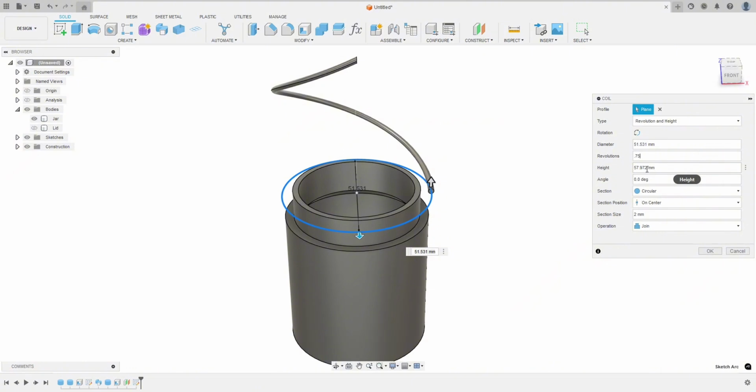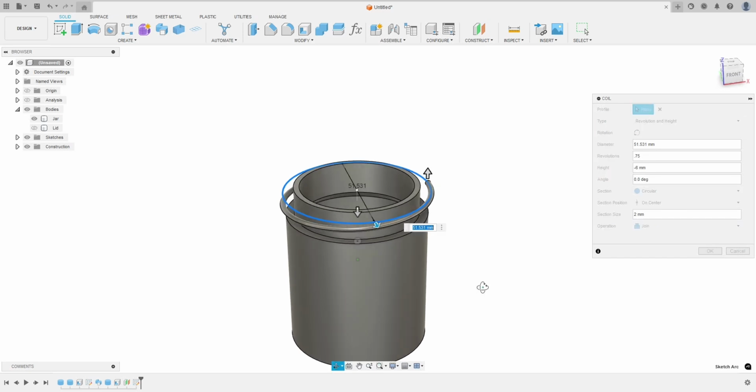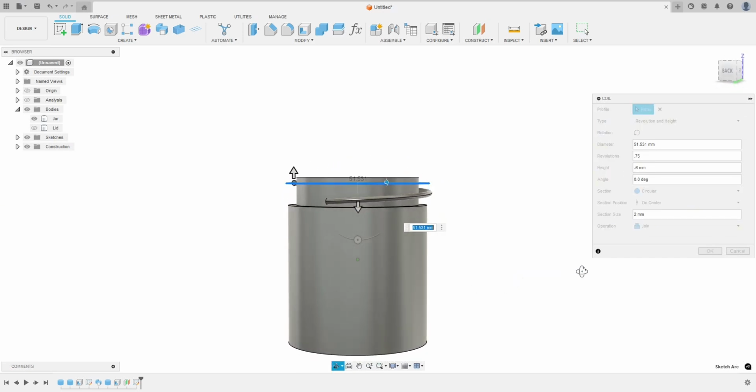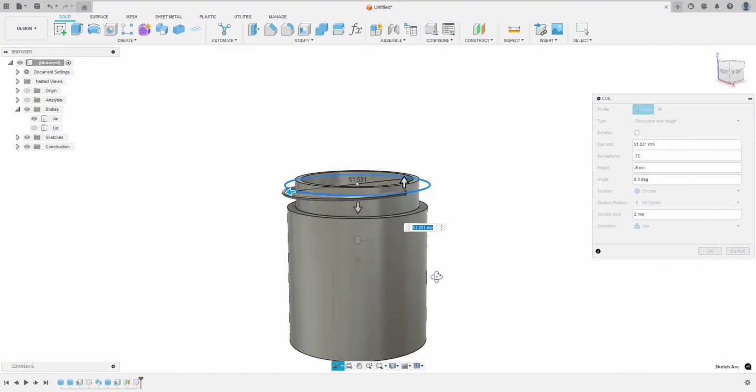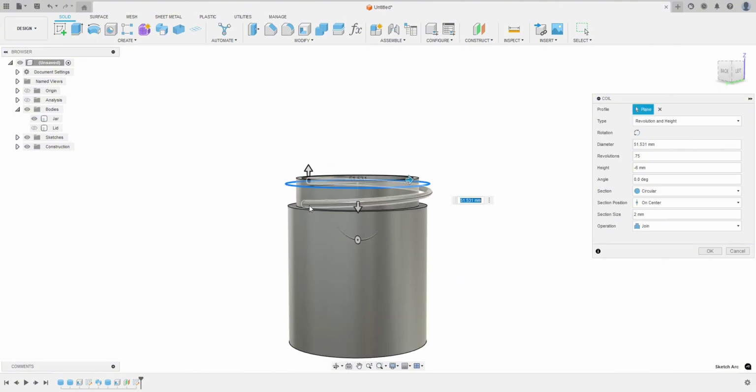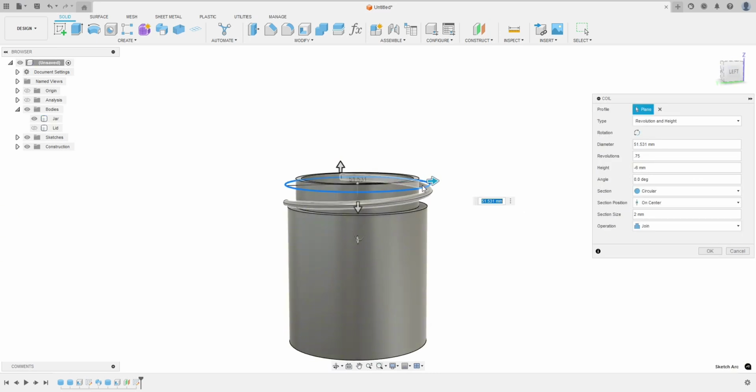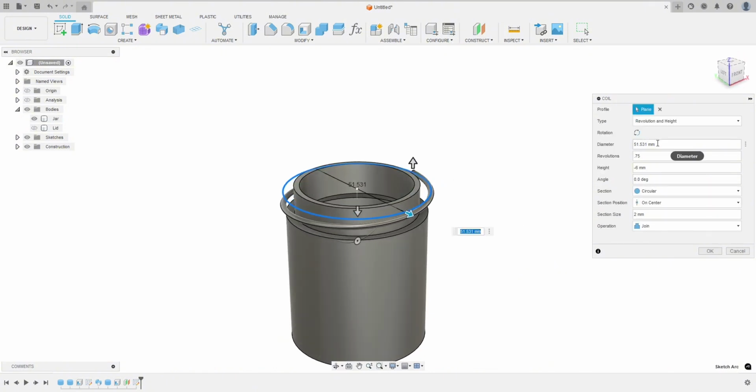The height is going to be -6. And I think -6 is what I want. Yeah, and I'll explain that. Well, it's easy to explain, right? We came down 2 millimeters before the start, and now we're ending 2 millimeters, right? So 6 plus 2 millimeters plus 2 millimeters is 10, which is the height of this threaded area. But our diameter gets a little trickier, and I didn't practice this first, so I might have to figure this out as I go. So the diameter of those threads is going to be